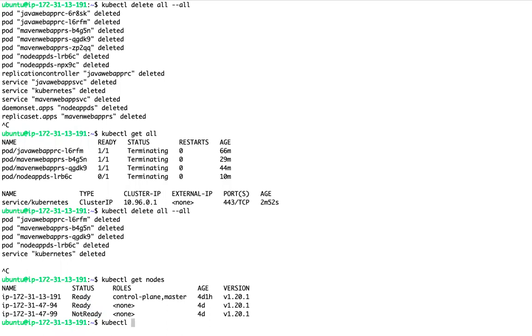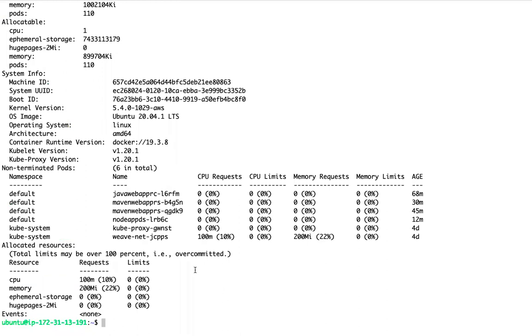Because we deployed a lot of applications, it might be running out of memory. The kubelet is not working as expected. Describe node. Let me describe this node. If you see, the total limit may be over by 100%, over-committed.